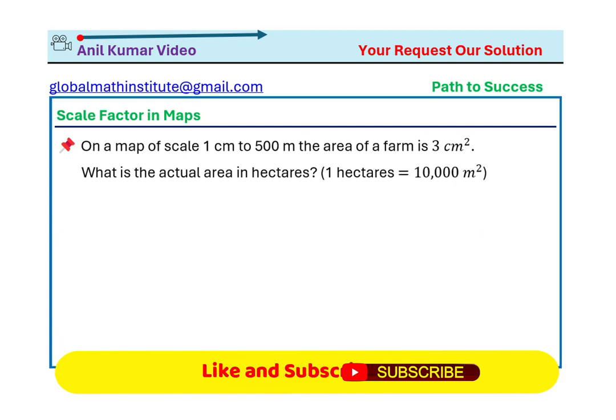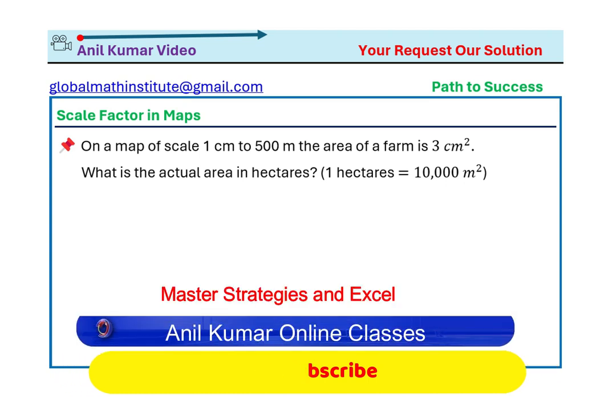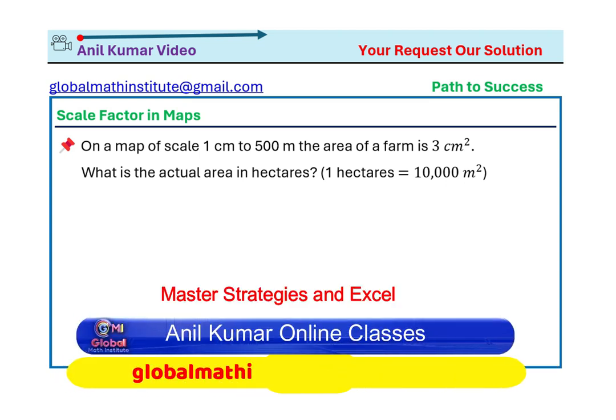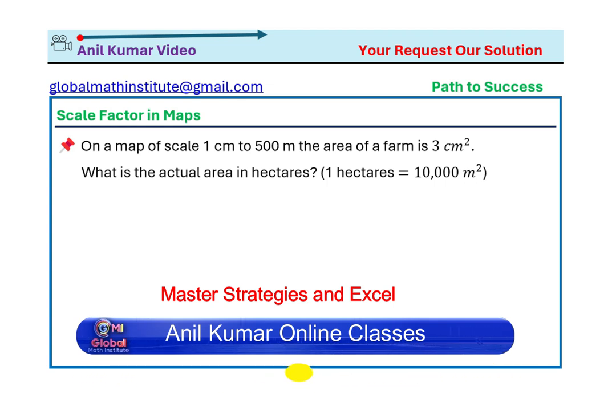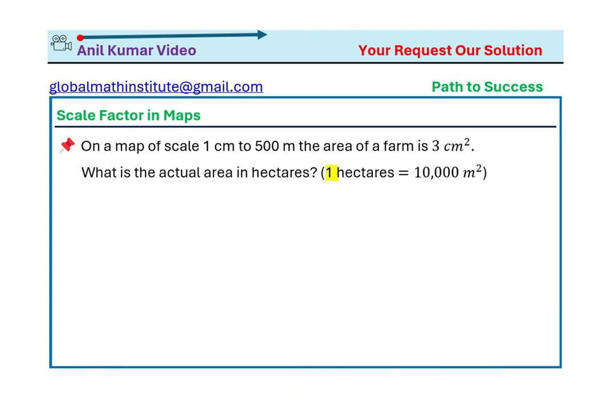The question before us is, on a map of scale 1 centimeter to 500 meters, the area of a farm is 3 centimeters square. What is the actual area in hectares? You're also given that 1 hectare is 10,000 meters square. Very interesting